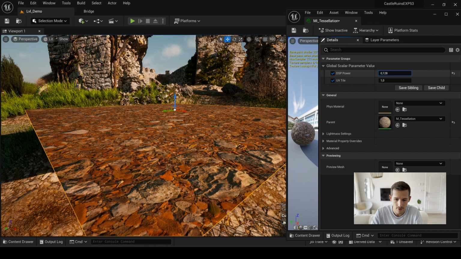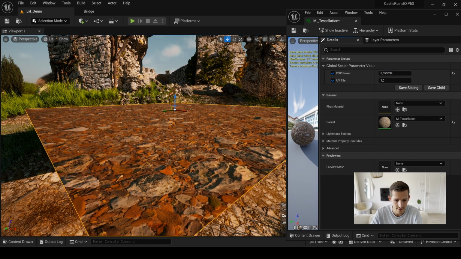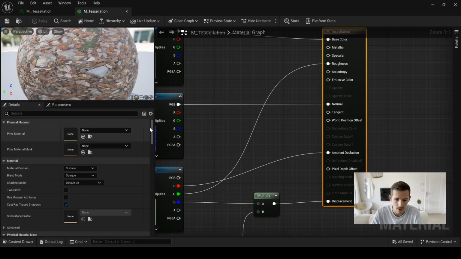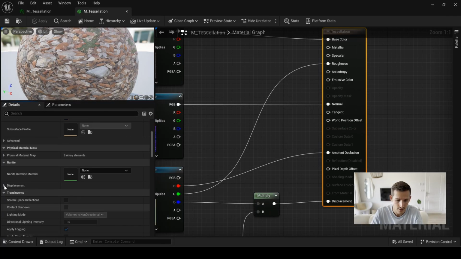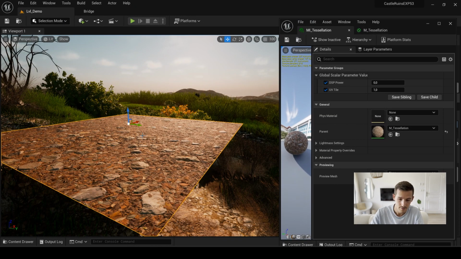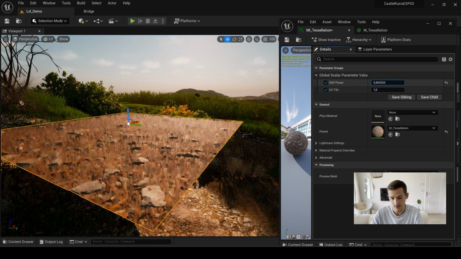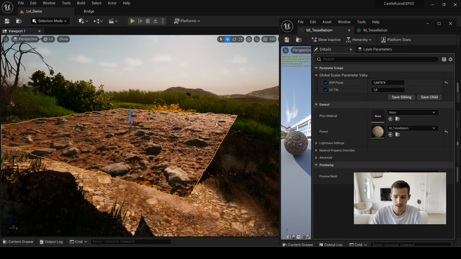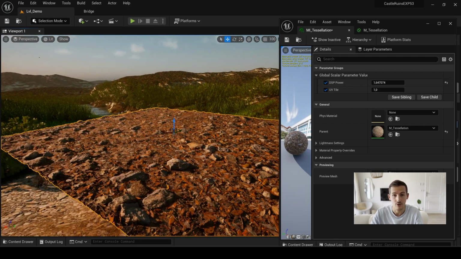Now, if you play around a bit with your scalar value in your material instance, you'll see something happen, but not quite what we expected. This is because we have to modify some settings in the master material. When you click on the final output, go to its details panel and search for Nanite displacement. For example, let's increase the magnitude value to something like 50. If we play with our displacement value in our material instance, we now have actual tessellation displacement on our mesh, using directly our material nodal system.